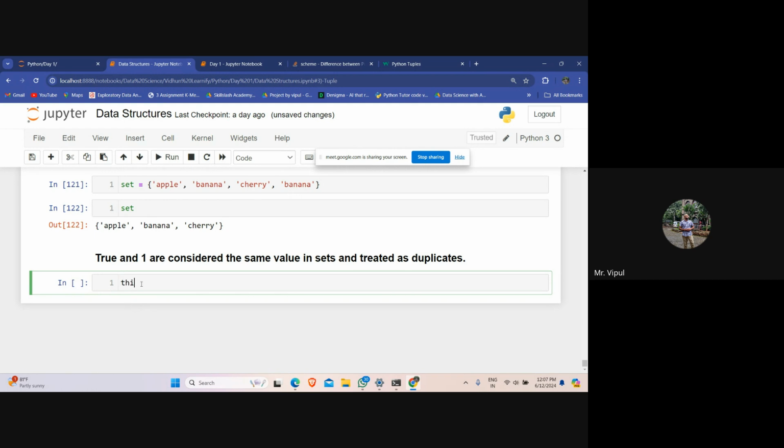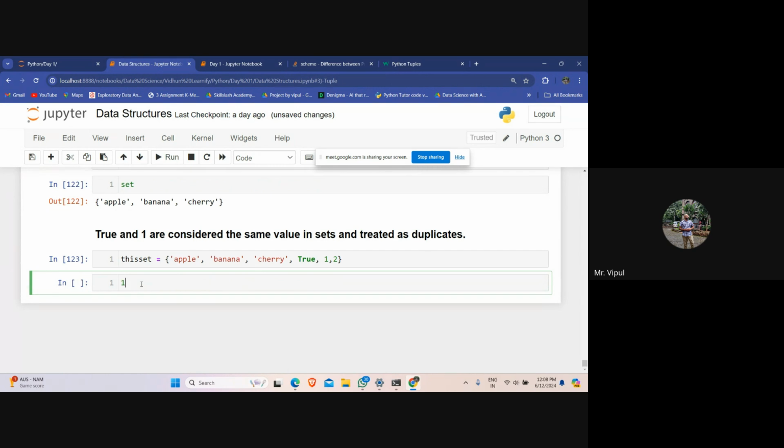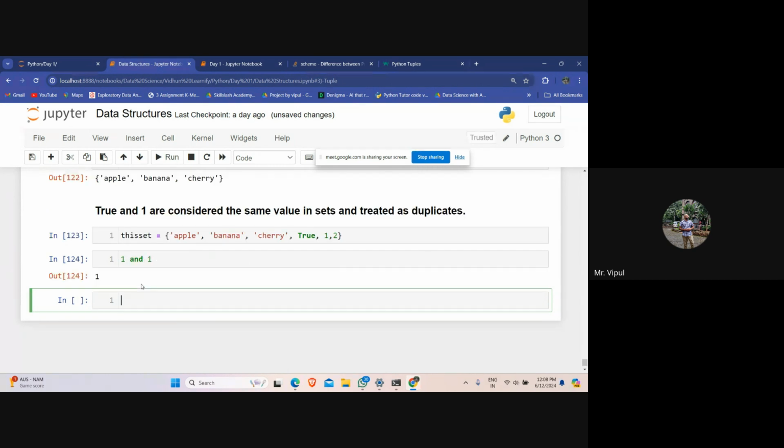Now if you write set is equal to apple, banana, cherry, and here I am putting True, comma, 1, comma, 2. So look, if you write one and one, I'll get one over there.